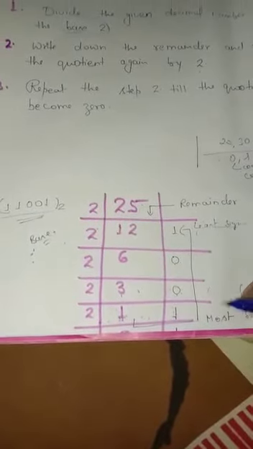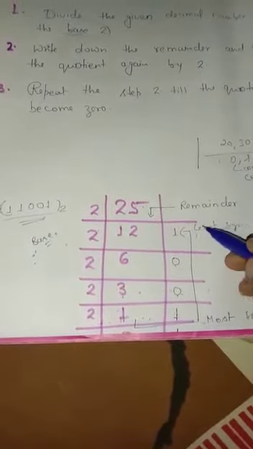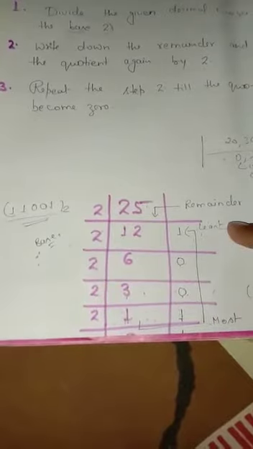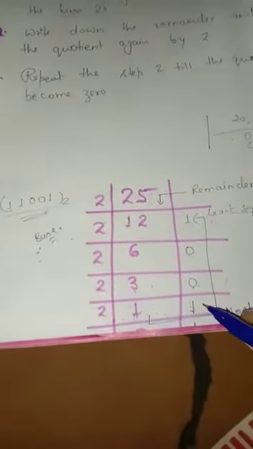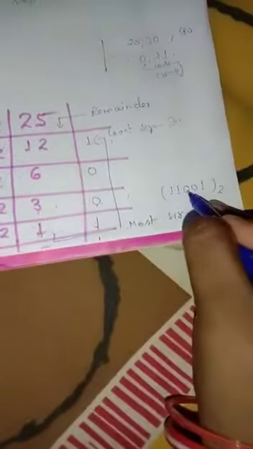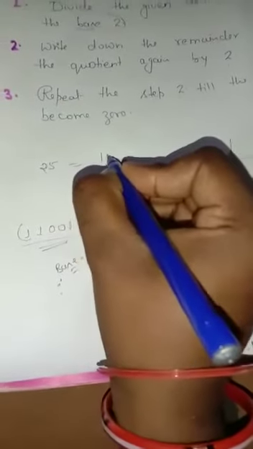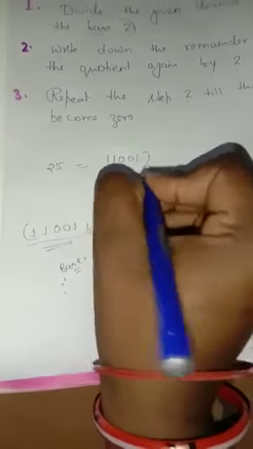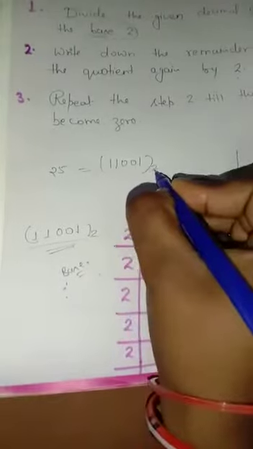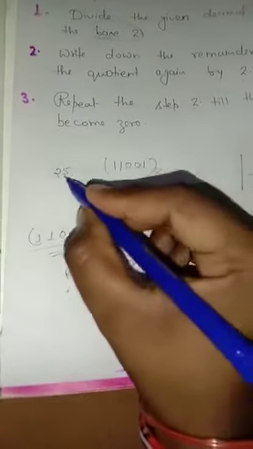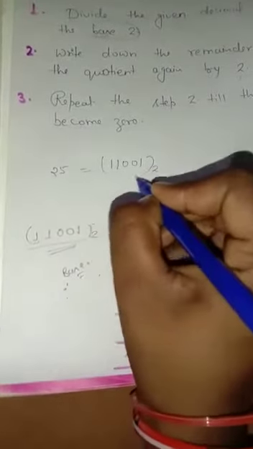For your knowledge, I would like to say that bottom to top, नीचे से ऊपर की तरफ हम binary numbers को लिखते हैं. As usual, here is the number 1 1 0 0 1. This is the binary number for the number 25. So decimal number 25 is converted into binary. The number should be 11001 with the base 2. I am using base 2 here because binary numbers have base 2.